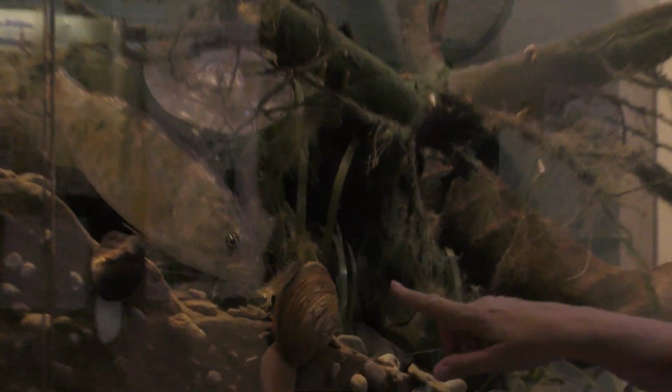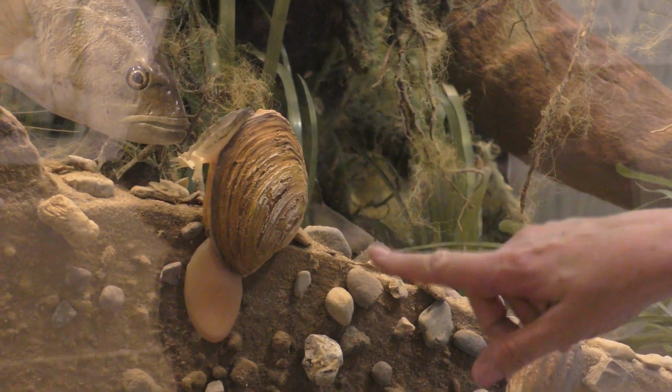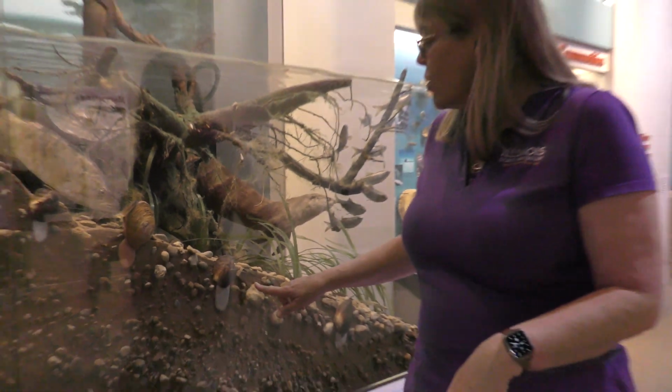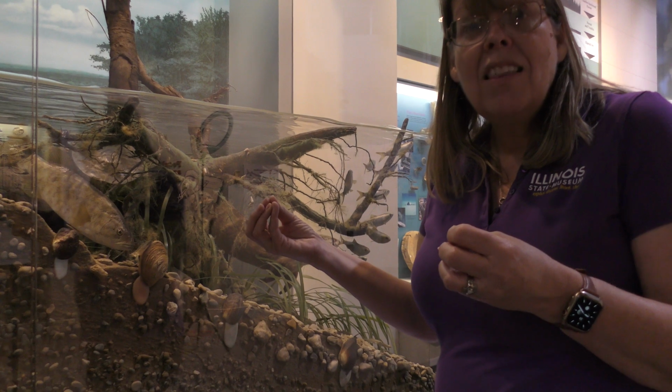And what you see right here is we have a bunch of mussels. I know some of you might call them clams, but they're really mussels. And this down here is called their foot. Yes, they actually have a foot. The foot anchors them into the water. But here, they camouflage so well when they're in here that keeps them safe that they look like a bunch